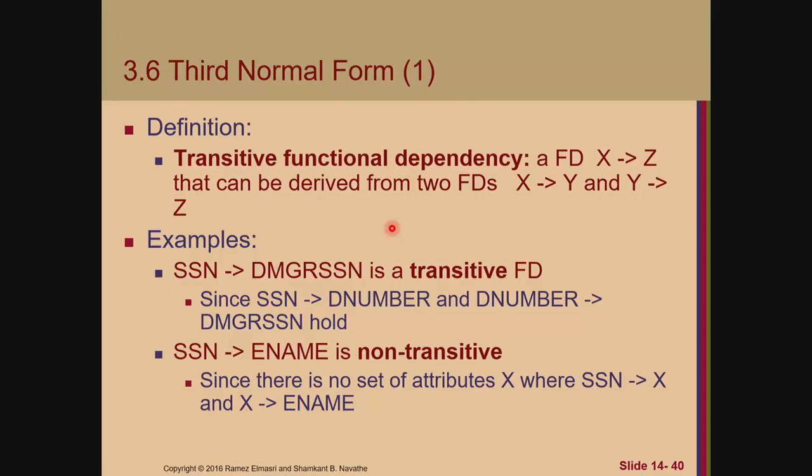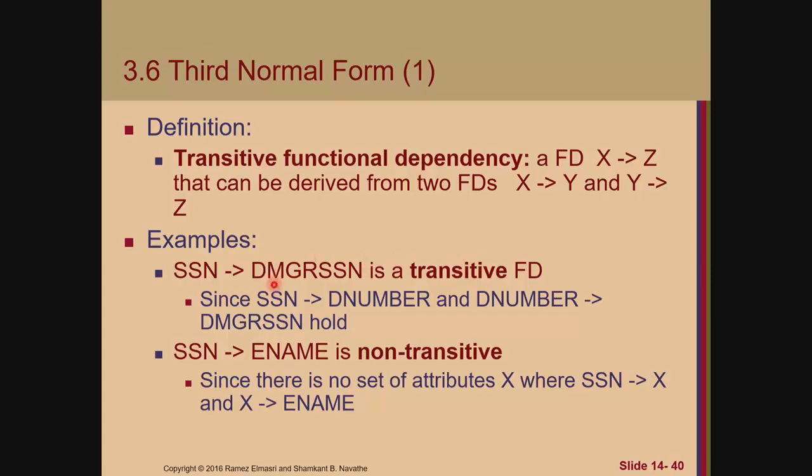And next, third normal form. About the third normal form, the definition is transitive functional dependencies. Okay. If we have functional dependency X determines Z, that can be derived from two functional dependencies X determine Y and Y determine Z, here we call transitive functional dependency. For example, SSN determine department manager SSN. This one is transitive functional dependency